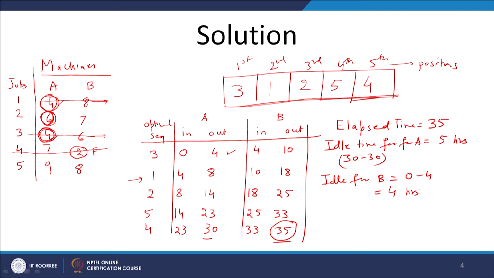The important aspect about this question is that we have to look at what to do when there is a tie, and you have to break the tie by looking at the time required by the other machine, because here we found that job number 1 and job number 3 were requiring 4 hours. So, in order to break this tie, we had to look at the time required on the B machine. That is the important thing that has to be seen in this example.